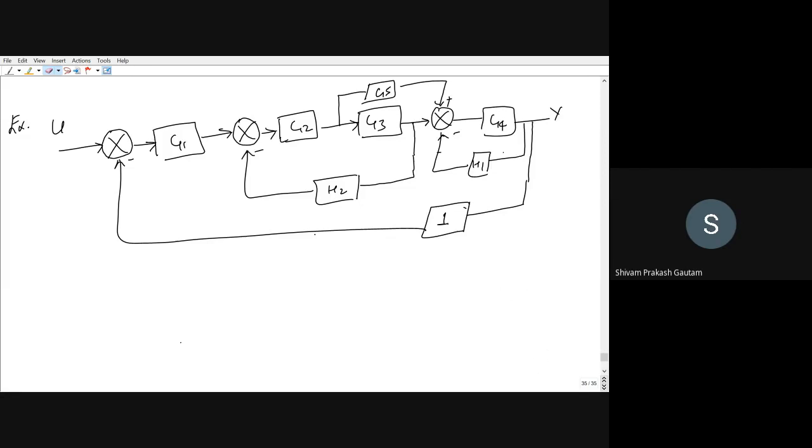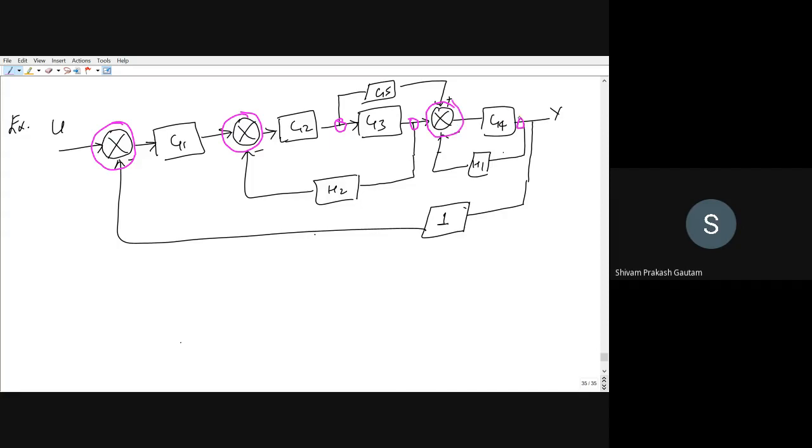Okay. Now tell me, first we have to draw its signal flow graph. So the first objective is to mark out the summers and the takeoff points. So you can see we are having one summer here, second summer, third takeoff point, fourth takeoff point, then again a summer here,